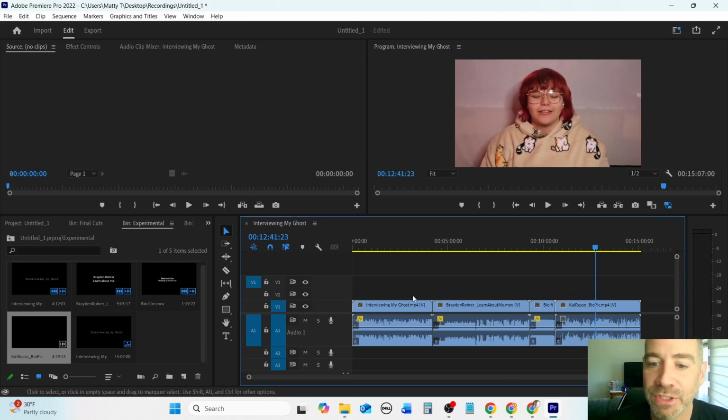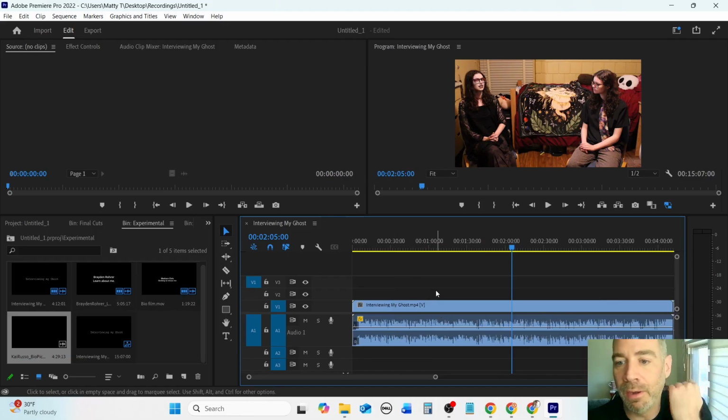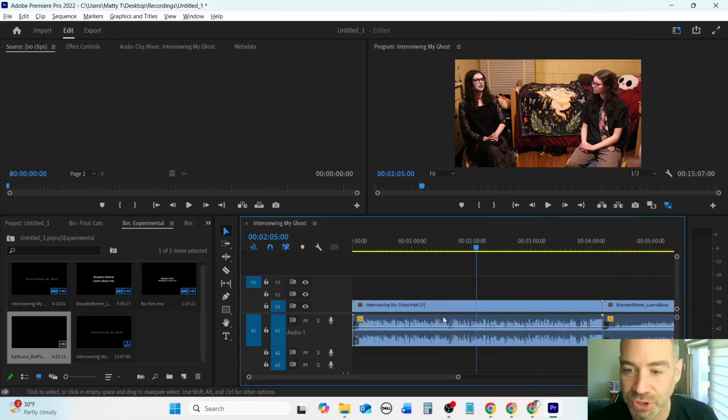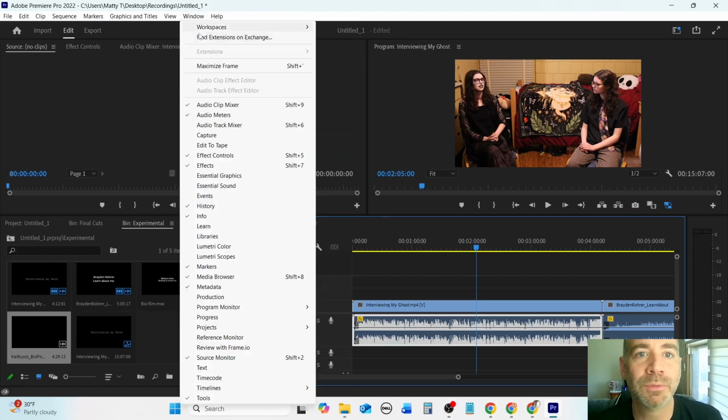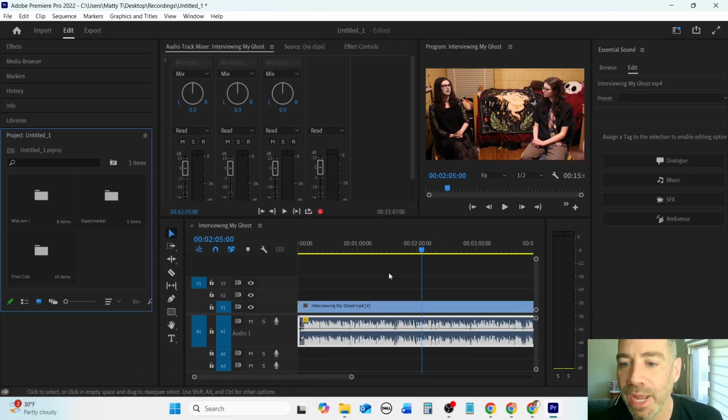So, some quick tips to change the audio: you have to have the clip that you want changed, and of course you could just hit Alt and get the audio by itself. You could go to the audio workspace, and you can tweak it from there. You have dialogue, music, different things.